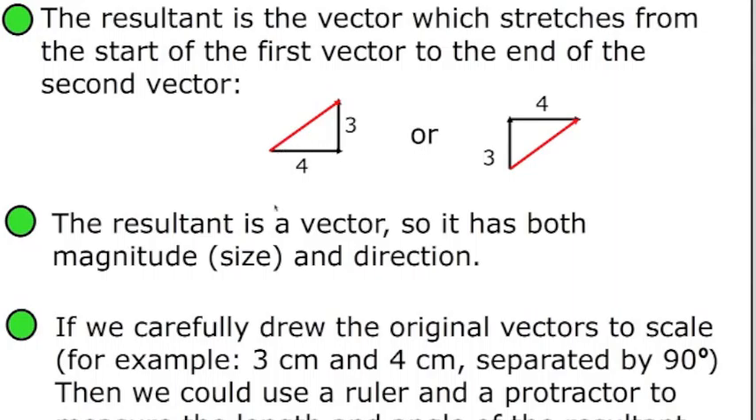Okay, so the resultant is a vector, so it has to have both magnitude and direction. All vectors have to have that, or you haven't completely answered the question. If we carefully drew the original vectors to scale, we could use a ruler and measure the length. That would give us the magnitude, and we could use a protractor and measure the angle. But once we have the angle like that,